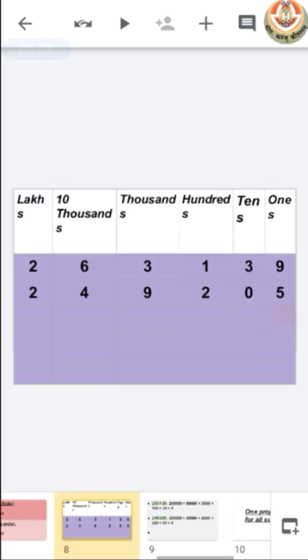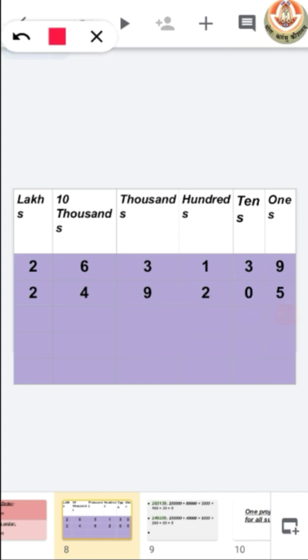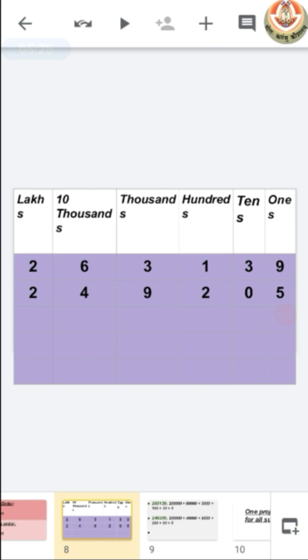And after this, you have to make another table of place value. Here you can see we have ones, tens, hundreds, thousands, 10,000 and lakh. Now we have 6 digits in pin codes, so we need place value only till lakh. Now you have to place those pin codes in this place value chart.